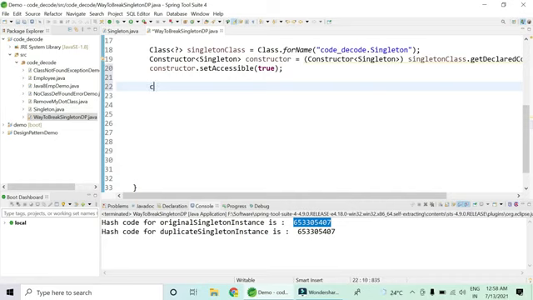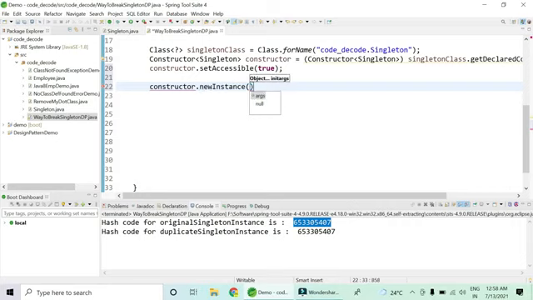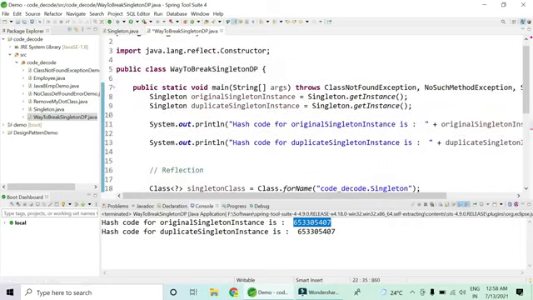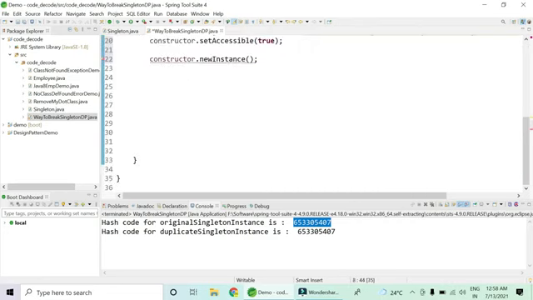Now the things are just so easy, and you can just call constructor.newInstance, and as soon as you create a new instance, what do you think you're going to get? You're going to get nothing but a singleton instance. And what is this? Let me make the name of the singleton instance